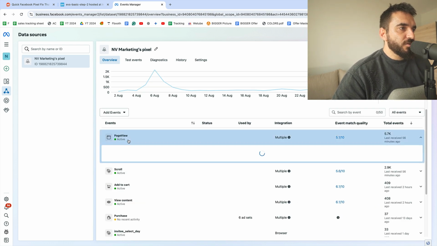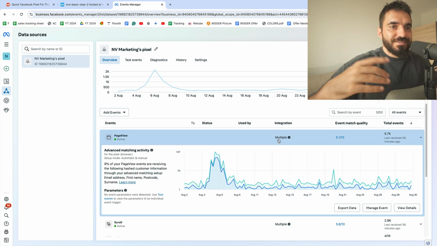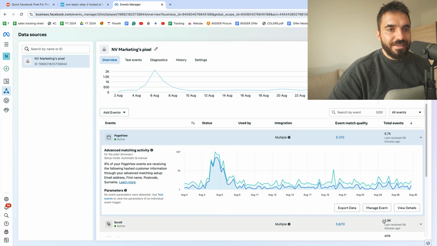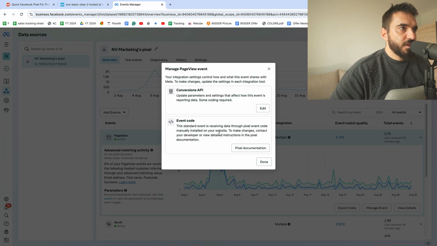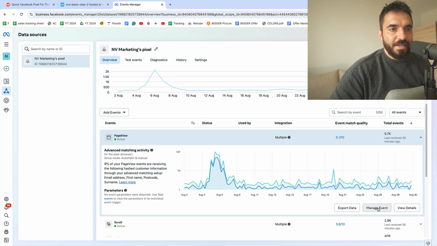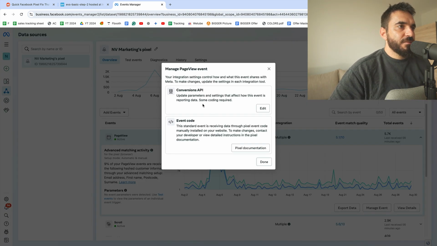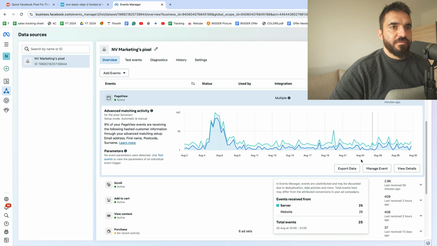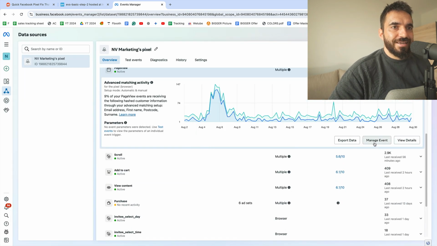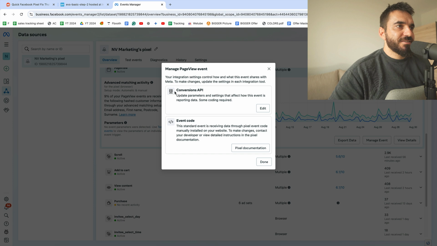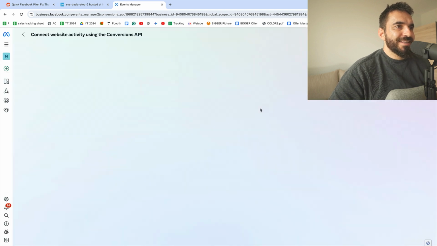We're gonna click on page view, select page view. This is the second improvement. And we're gonna click manage event. And here, once you click manage event, the next step would be, so I'm not sure if you'll be able to see it, I'm gonna click manage event. I'm gonna click conversion API. I'm gonna click edit,